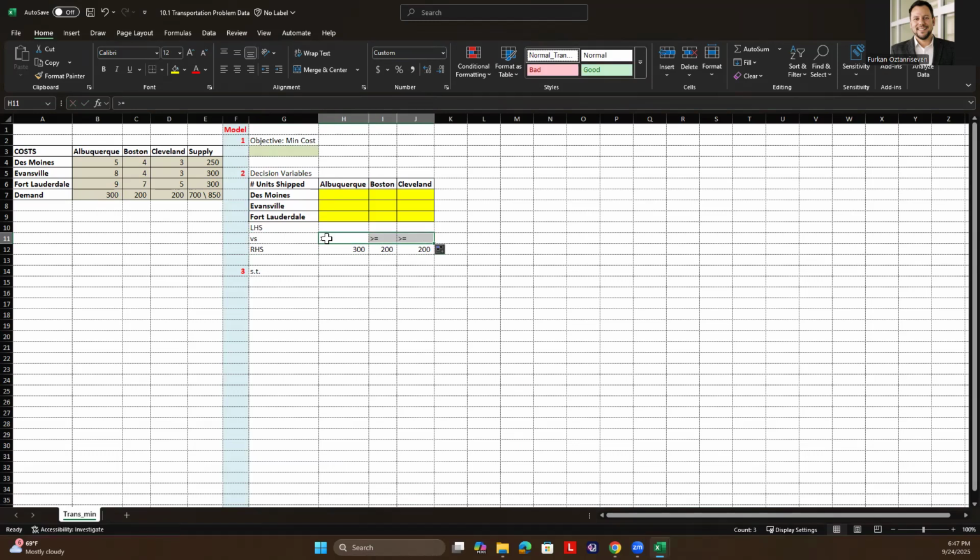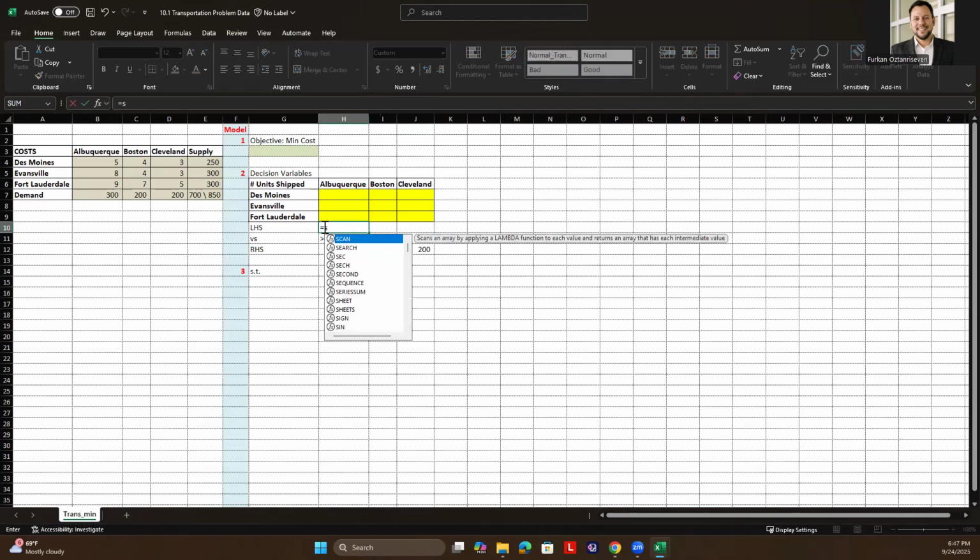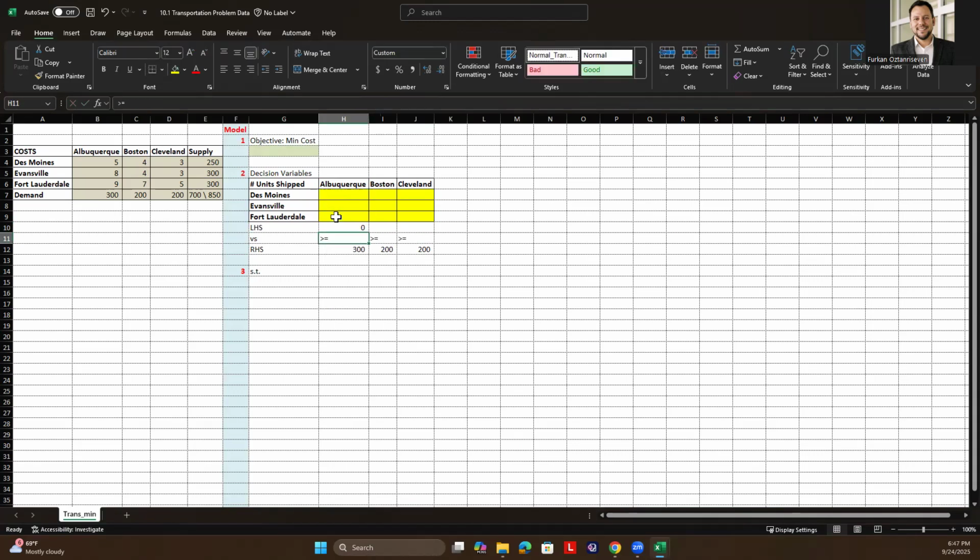Again, in this problem, it's given that at least I need to ship that many units. That's why I put greater than or equal to. And then I will here do sum of all these values in Albuquerque. Right down corner, black cross, drag it. And then also I have